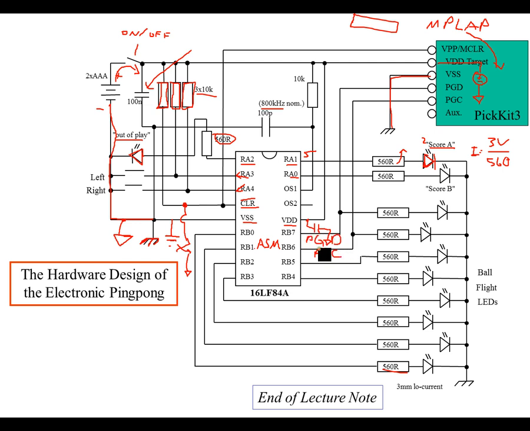That just happens on the PIC16LF84A to be on port B7 and 6, so it's a multifunction pin. So we connect the data here. We go up here and we connect it to data, and then for the clock,